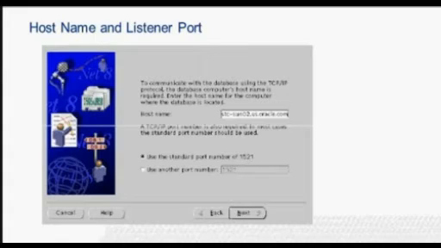Enter the host name and the port number and click on Next. Host name: enter the fully qualified name of the machine on which the database we want to connect to and communicate with resides. Port number: enter the port number of the port on which the Oracle Net Listener monitors connection requests to the server. By default, the Configuration Assistant sets the listener port to 1521. If required, an alternative port number can be specified.